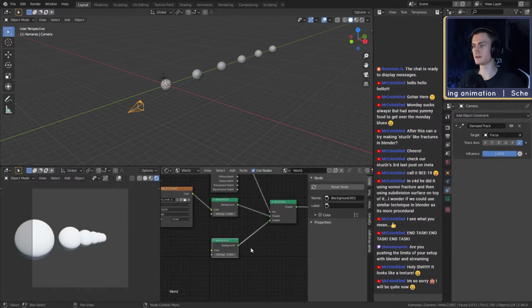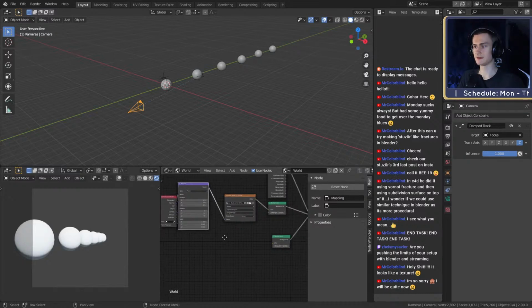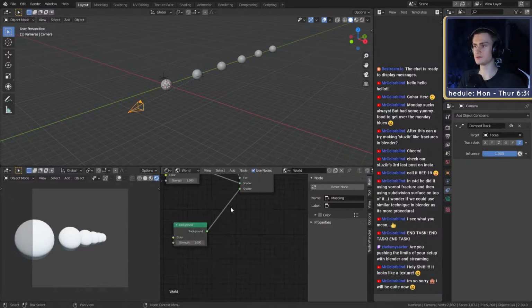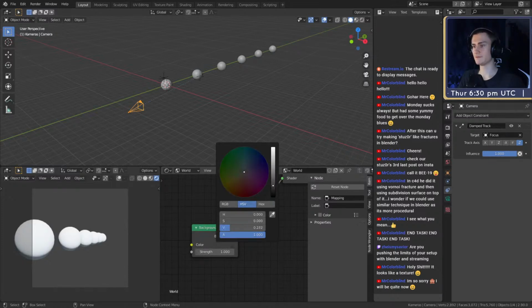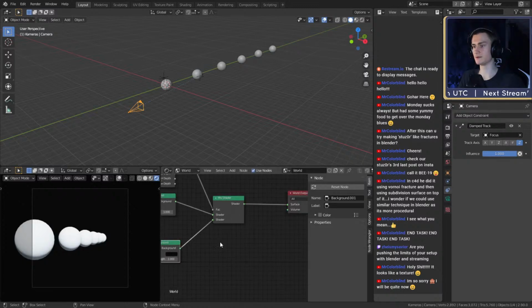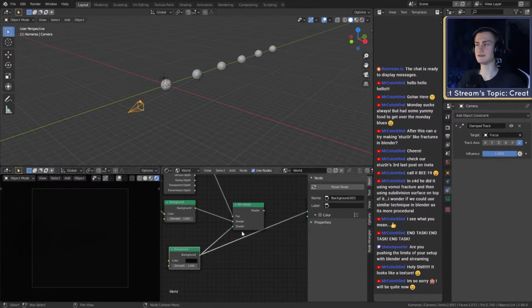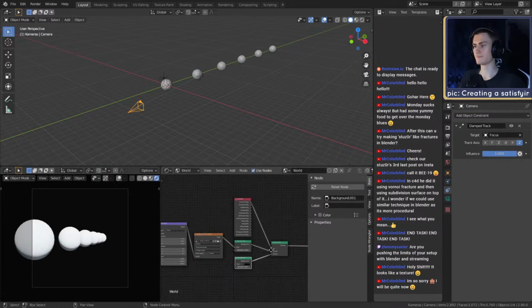The easiest way, what I usually do, is I want to have lighting in the scene, but my background should be dark. If I just use this background node, you have no lighting, but of course you want to have lighting and a dark background. So we just combine these two and we can have both.